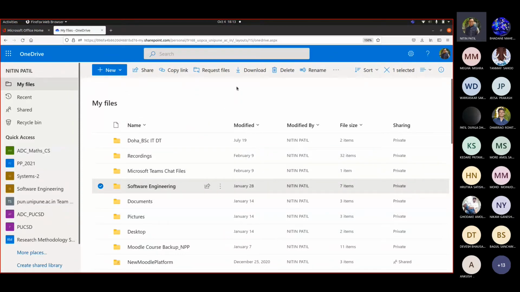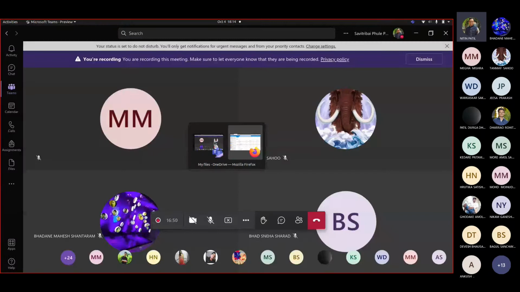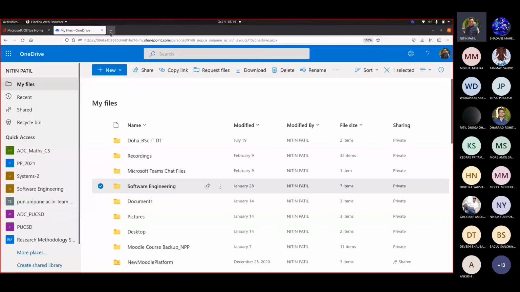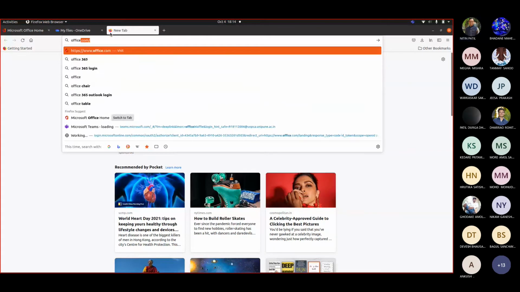In this folder, you are going to create subfolders on a day-to-day basis. For example, if we start working from today, your first folder in ADC 2021 would be today's date. Whatever I show here, you are going to try at home, take a screenshot of it, and add it. Most of the evaluation would be done on that front, based on the activities that you carry out. Let me show you how exactly it would be done.